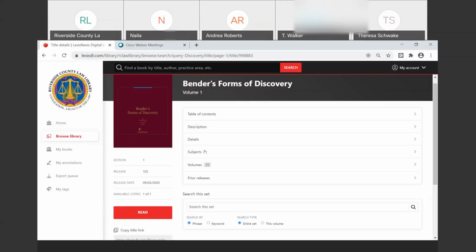A little farther down here, you'll have a link to all those volumes. So if you suddenly remember you needed volume 2 instead, you can jump into it right from here. And we also have links to prior releases. So any title that has a prior release, you'll have access to it just by going into this book details